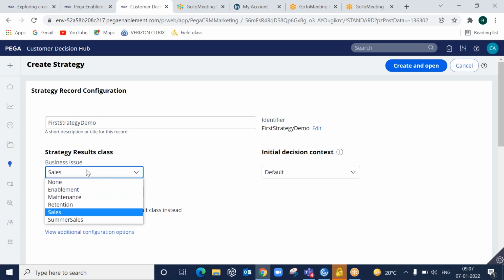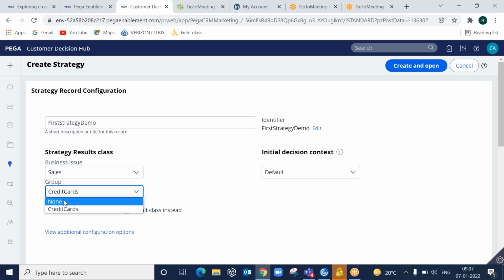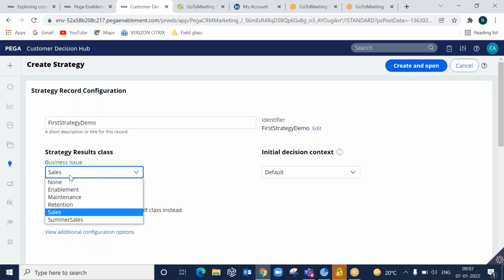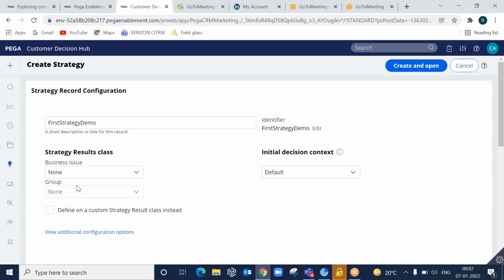If you don't want to restrict your offers, let us say you are getting the offers from multiple issues and multiple groups, then you can keep it as none.